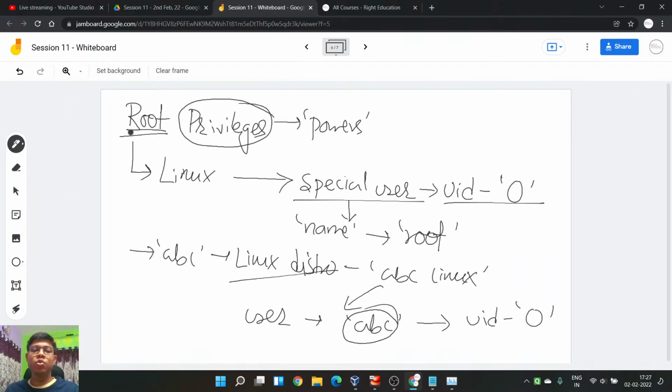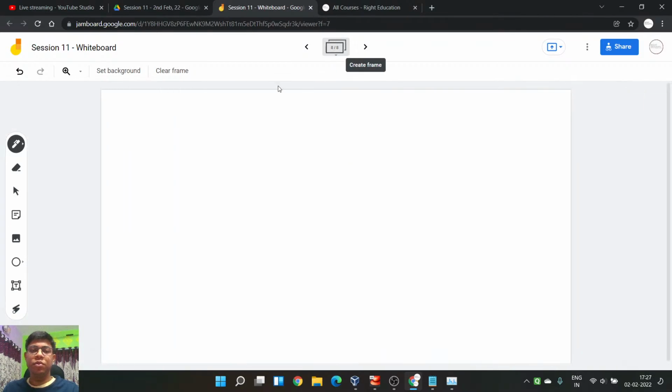We need root privileges so that we can do some things, like installing software, starting services, and stopping services. All right, so in that case, what we can do is there is one very easy concept called privilege escalation.